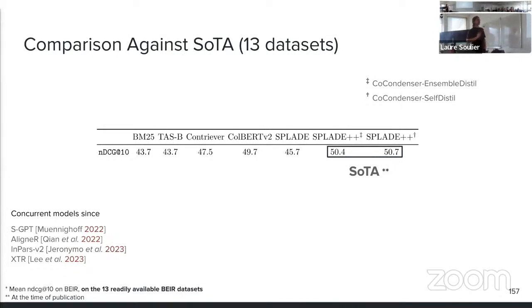At the time of publication, we got state-of-the-art results on the BEIR benchmark. And we were actually quite happy with these results because our original motivation to work on sparse models was that lexical matching was somehow important for models, especially when you go on, for instance, to new entities and things like that. And so these results kind of aligned with our initial intuition.